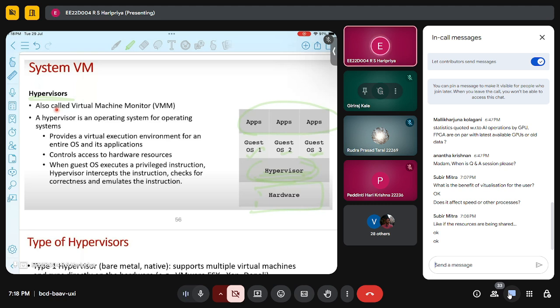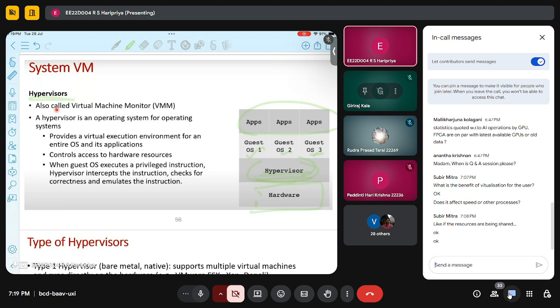If you see the operating system, let us say, it will try to access the hardware through several privileged instructions, say file access or trying to access the network. It will initiate these privileged instructions from the operating system to the hardware, and that will go to the hypervisor, but it will be completely transparent and not known to the operating system.